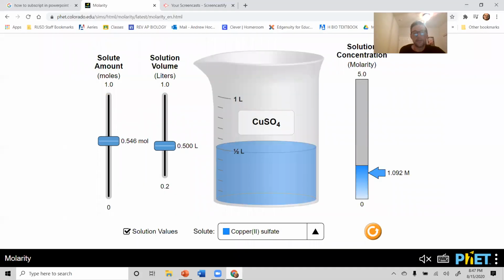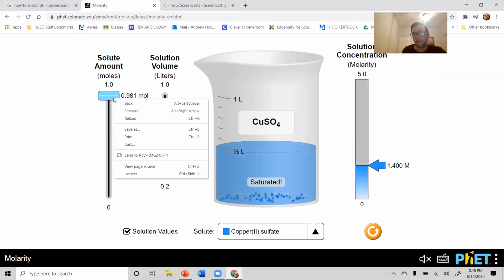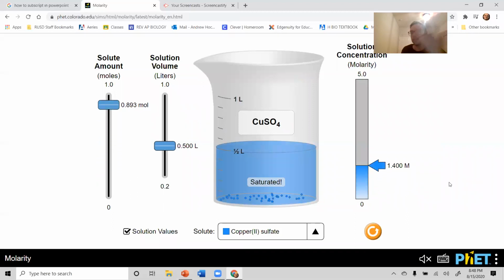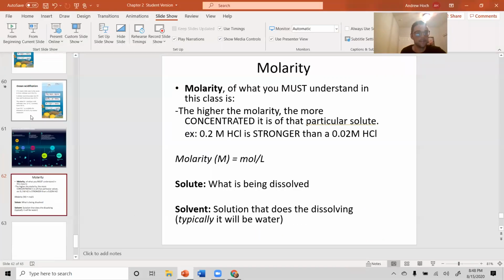So let me just go back and show you this. It's really, really simple. This just shows you that, okay, I have copper sulfate. That's my solute. This is all water here. And this is giving me my molarity. So just the bare minimum, understand this, and I'll be satisfied. If I add more of my solutes, look what's happening to my molarity. It's going up. So less solutes, lower molarity. If I added more of the solutes, it's a more concentrated solution. So that's it in terms of the chemistry in the chapter 2